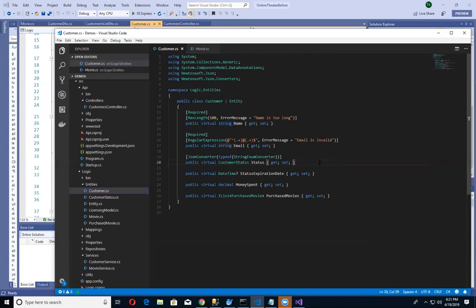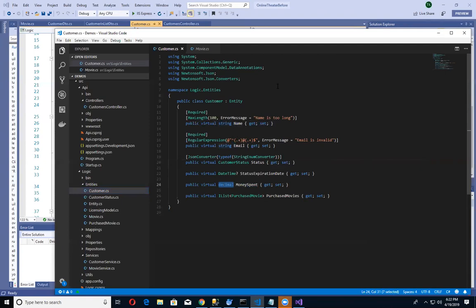But because it's a string, not all versions of a string would constitute an email, and not all versions of a string would constitute a name. Looking here at the money spent, we have this represented as a decimal.